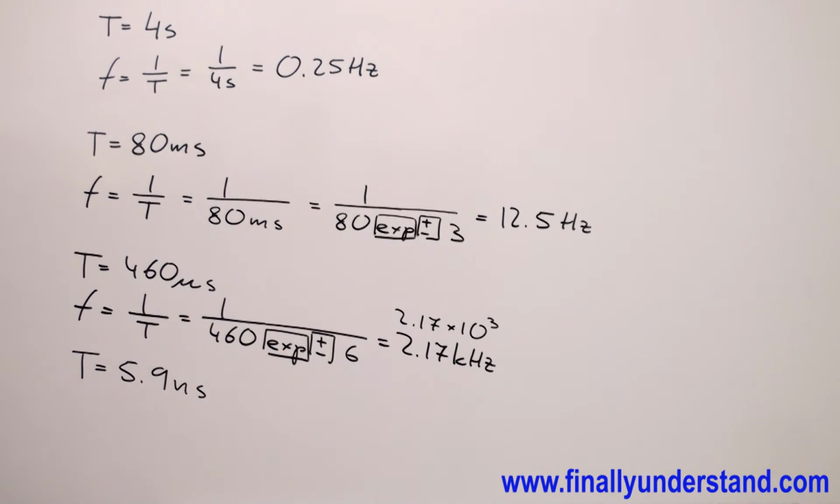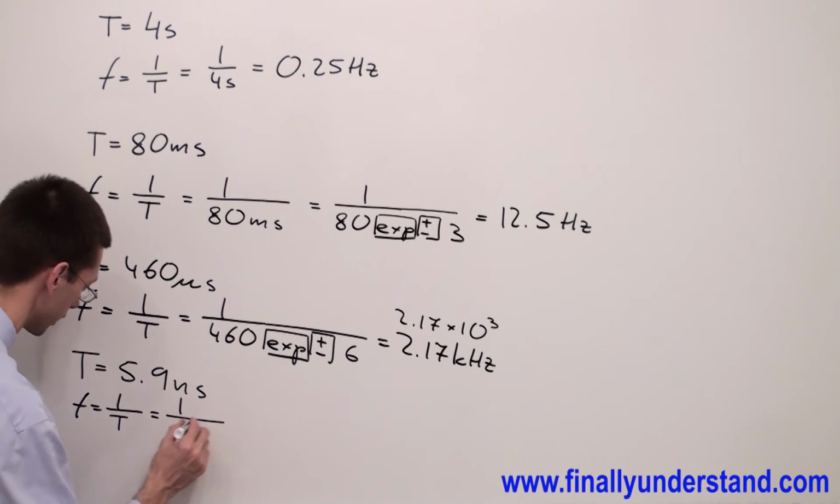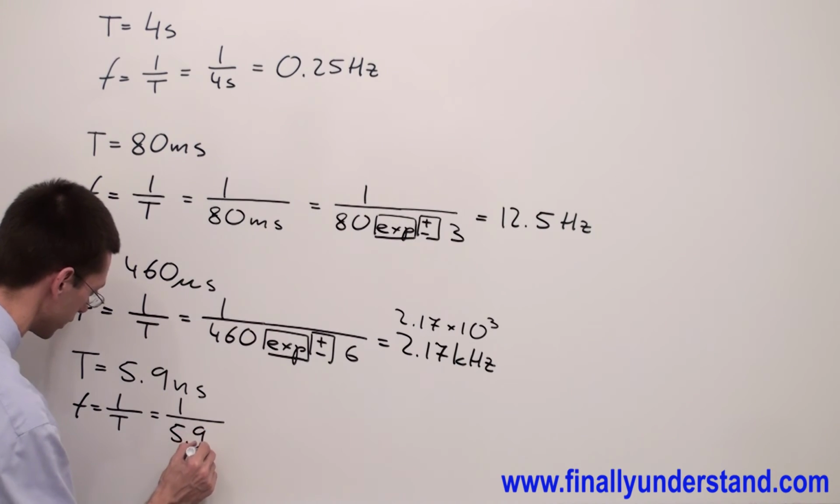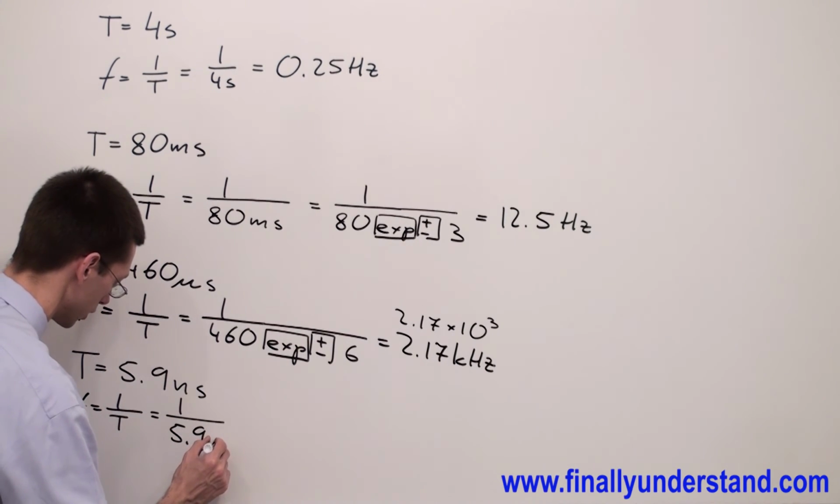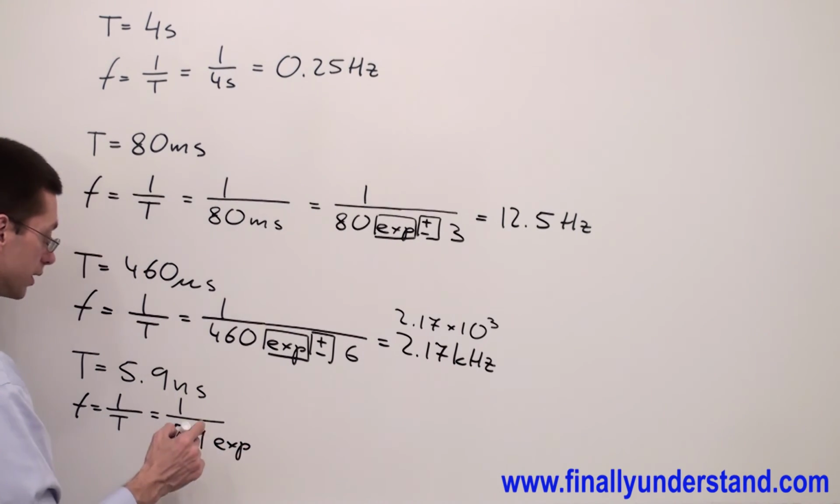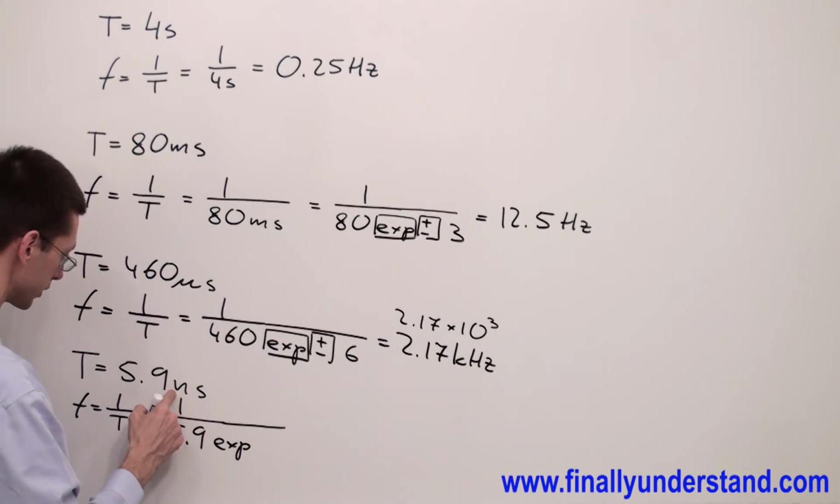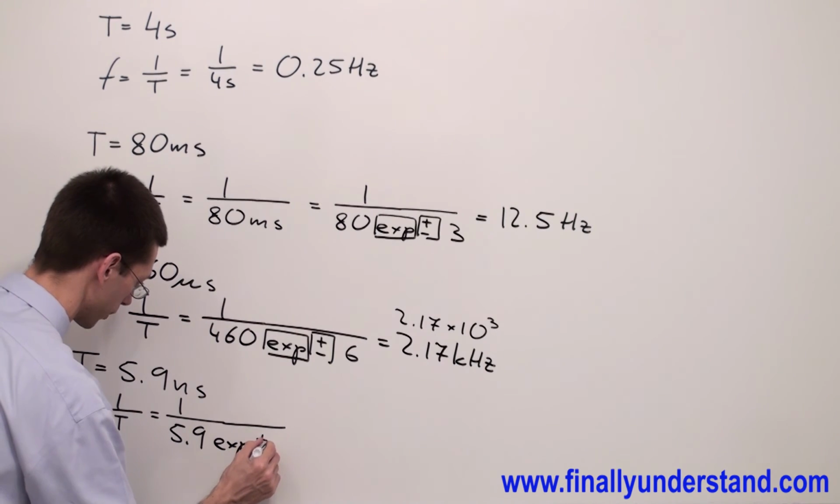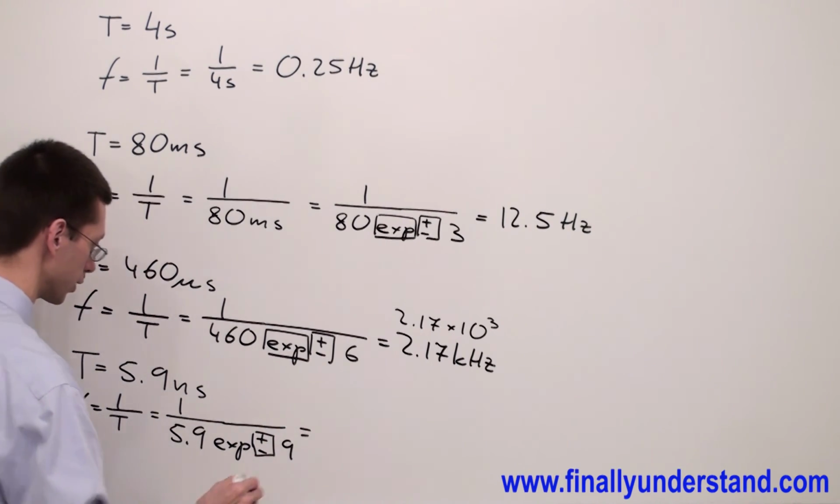Let's take a look at the next example. I have frequency equals 1 over period, 1 divided by 5.9, and nano represents the power of 10, 10 to negative 9. That's why I have to type on the calculator EXP, or double E on some other calculators. And because I have negative 9, I have to type the plus minus button, 9, and press equal. You're supposed to get